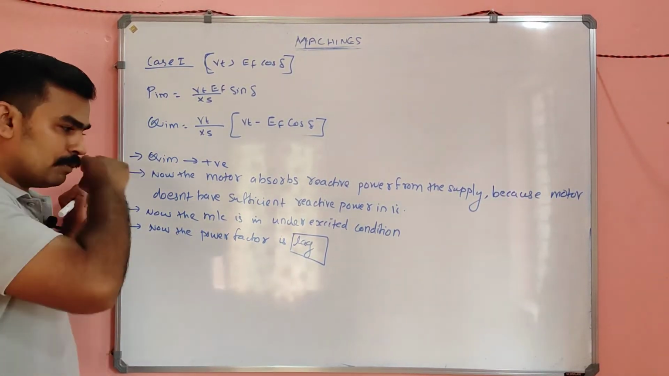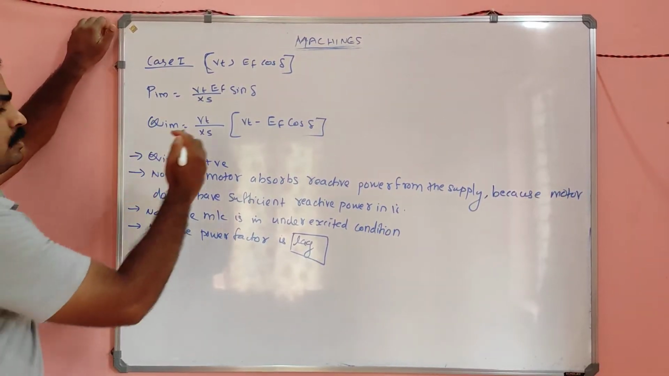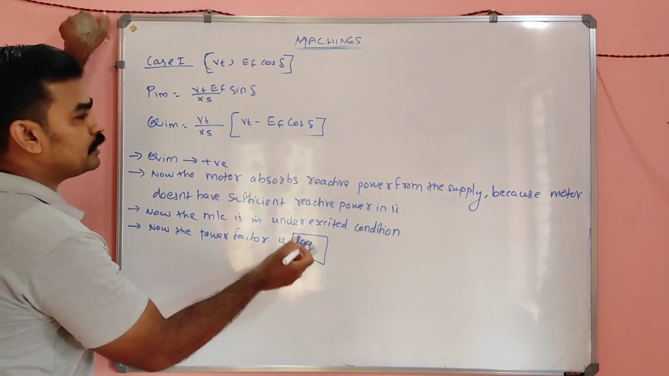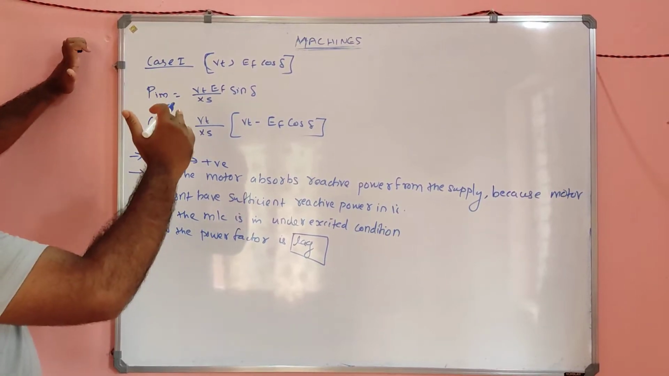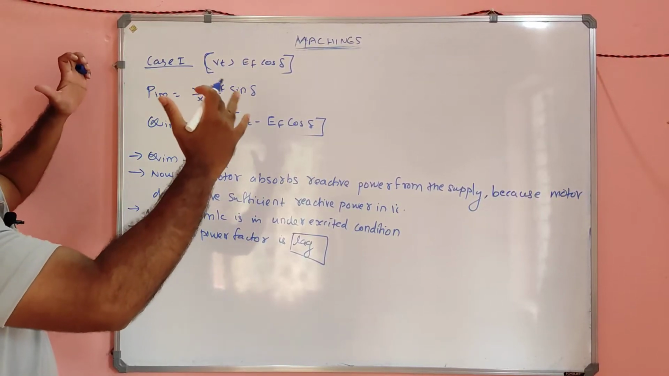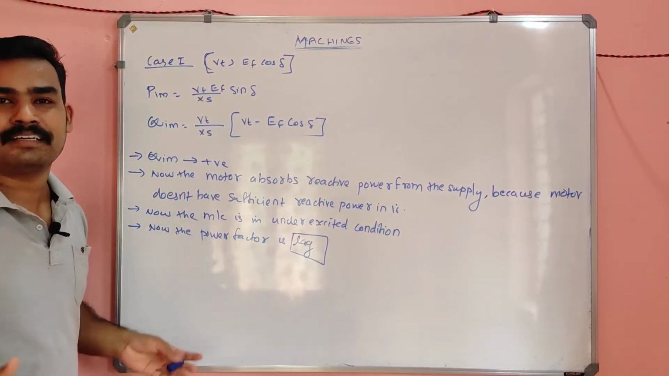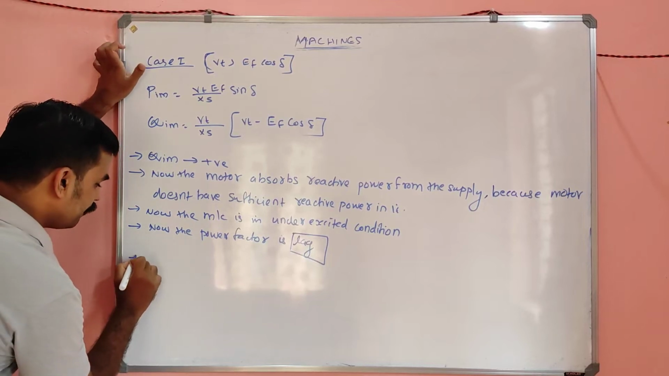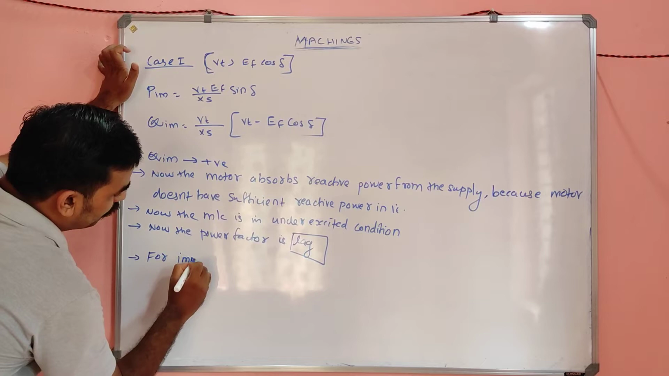See, so now the power factor is lagging. Here the problem lies, that is the lagging. The reason for this lagging reactive power is that Vt is greater than Ef cos delta. That condition we have to break. That condition we have to break means, for correction, for improvement of power factor,